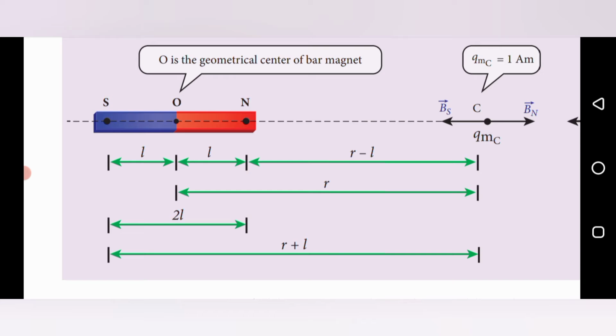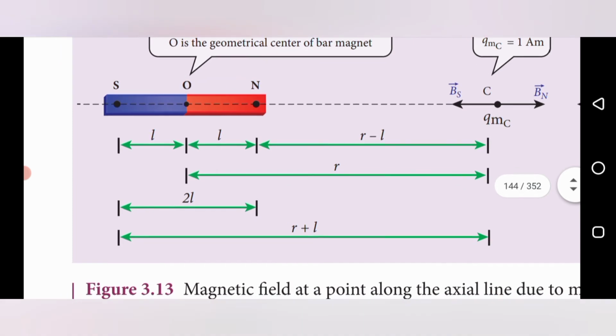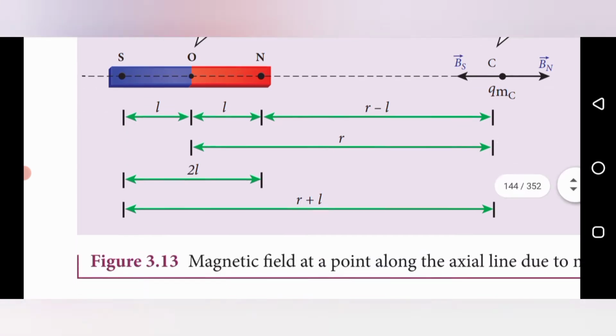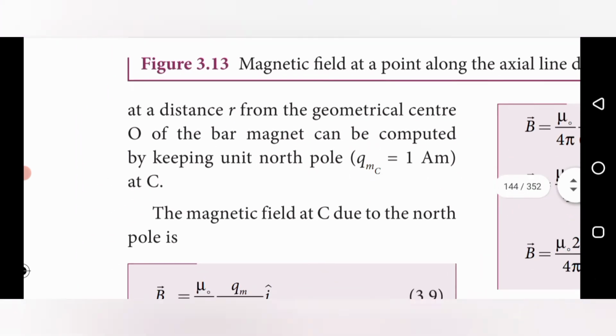So these are all the lengths which we use for finding the magnetic field. If you have any doubt, just go through the first lessons, the electric field on the axial line due to the magnet, that is the electric dipole. We have clearly explained that in the notes. You have to go through it and see that we follow the same procedure for the magnetic field also. Now we have to find the magnetic field.